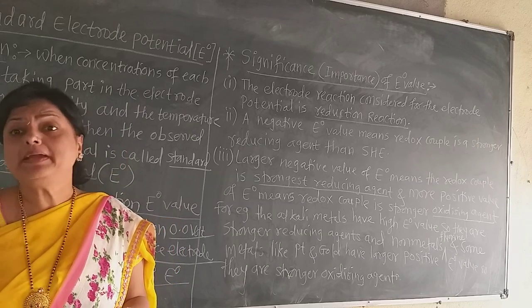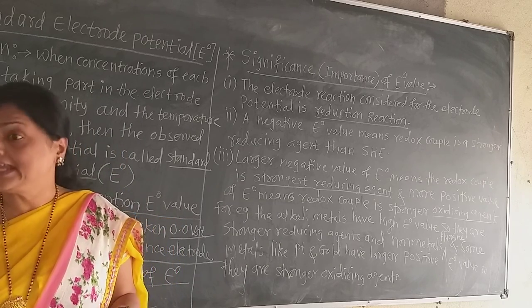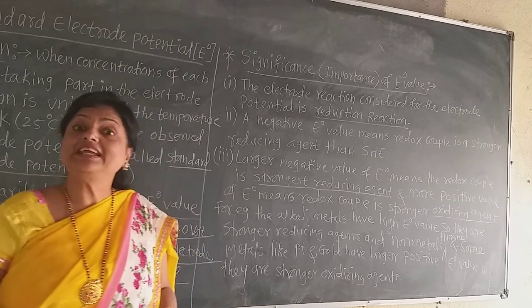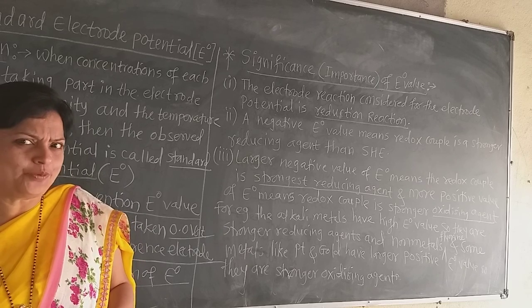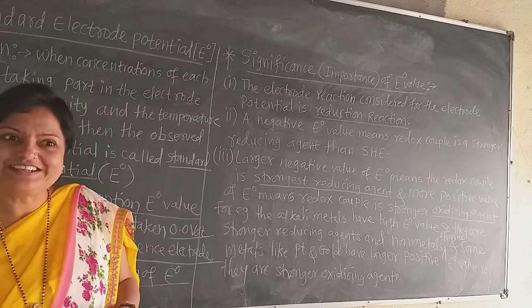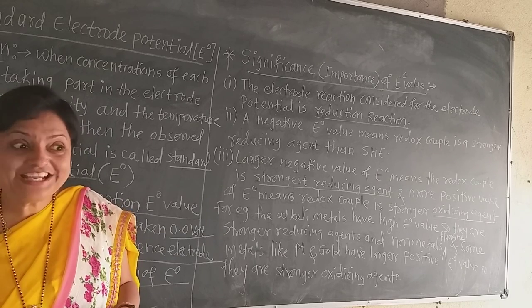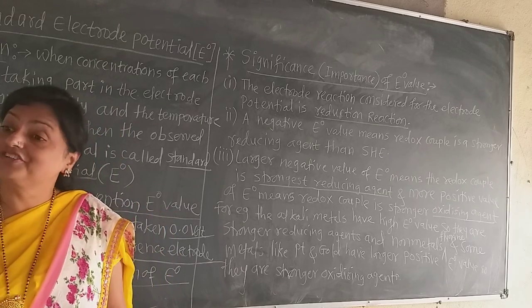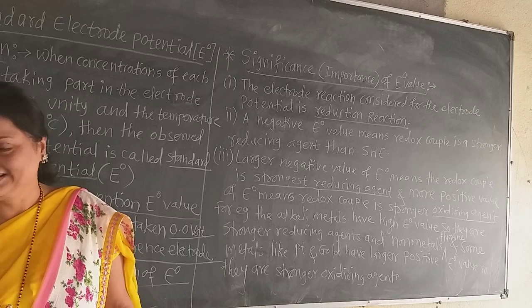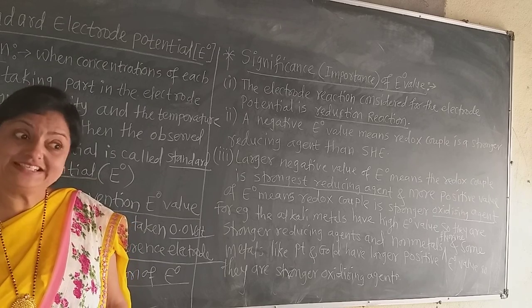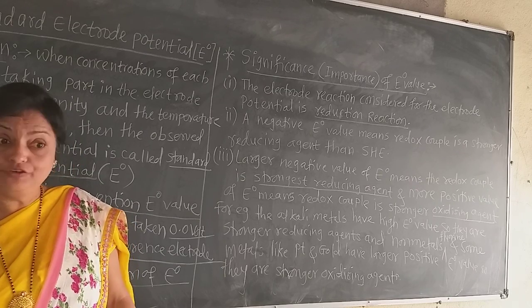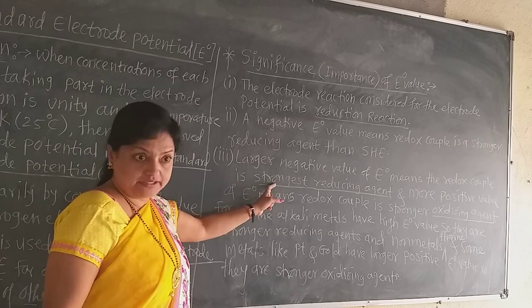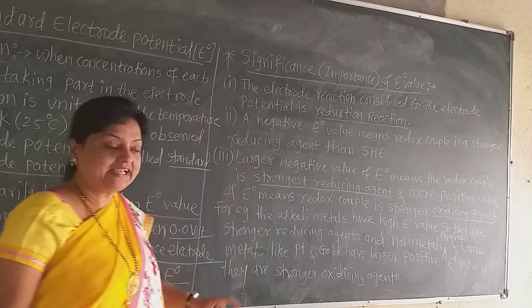Lithium is an alkali metal, which is a very reactive metal, and it has a very large E0. Large E0 means the magnitude is larger but the sign is negative. That means there is a larger negative value. Though the negative sign is there, the magnitude is also larger, that is, a larger electrode potential in that case. That is the reducing agent.